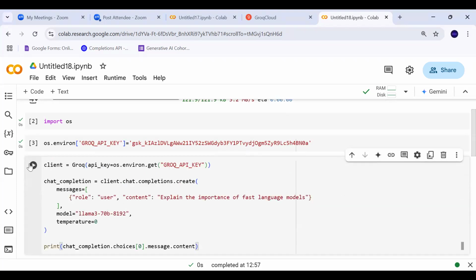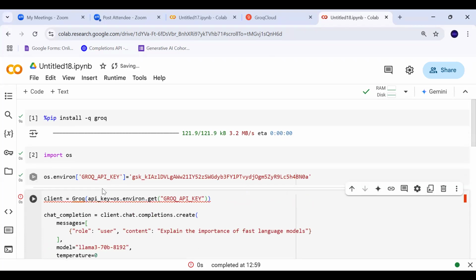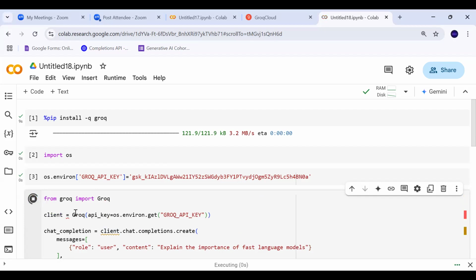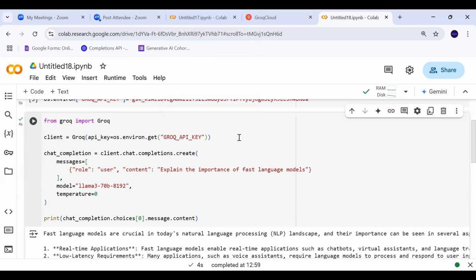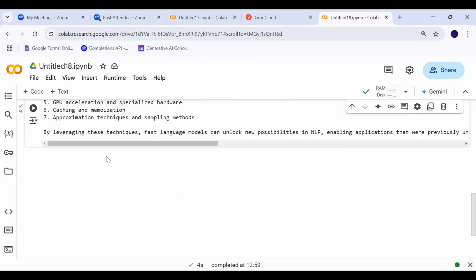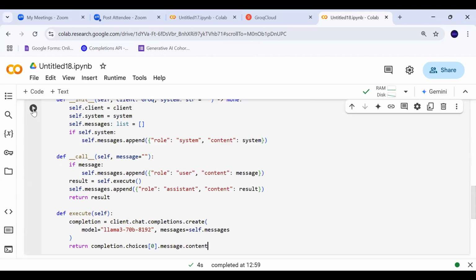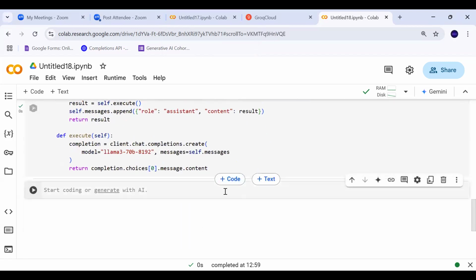Same piece of code for Groq. The import statement is missing. Same class and same prompt.